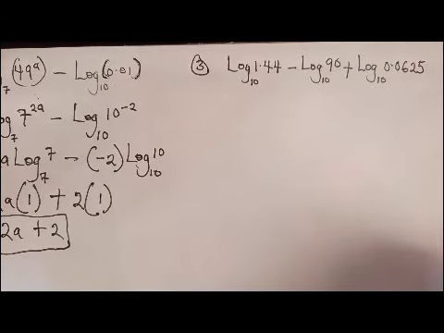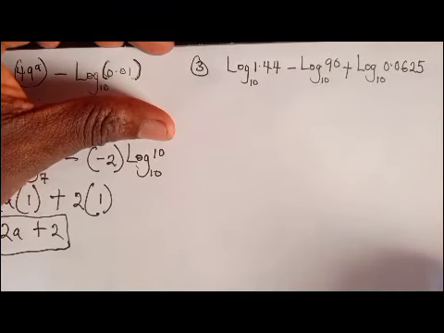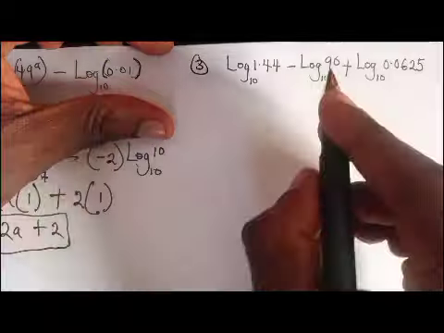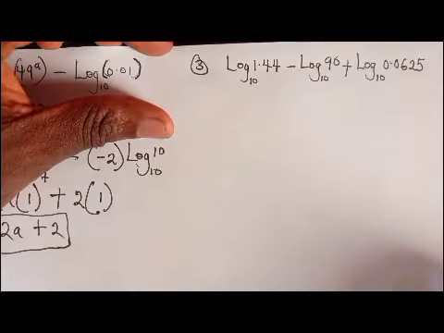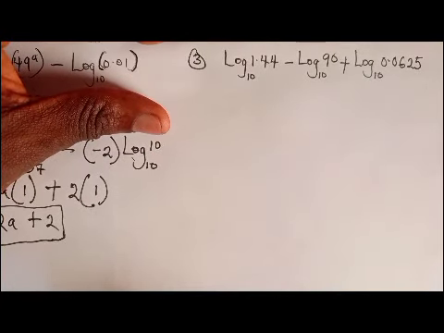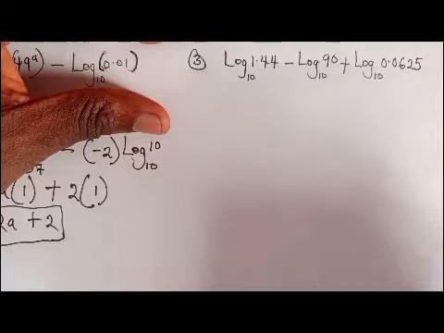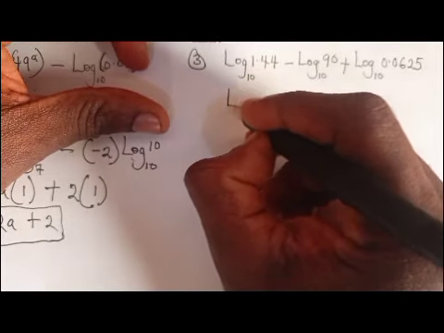Example 3. We have log 1.44 minus log 90 to base 10 plus that. Okay, so this is a very straightforward problem. All we just need to do is to apply the laws that we've been working on. So this is simply log